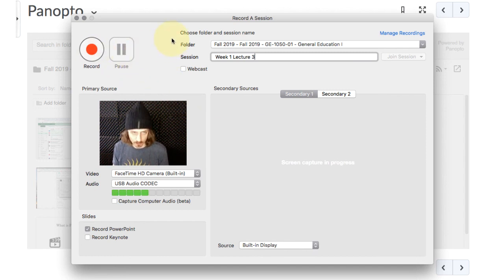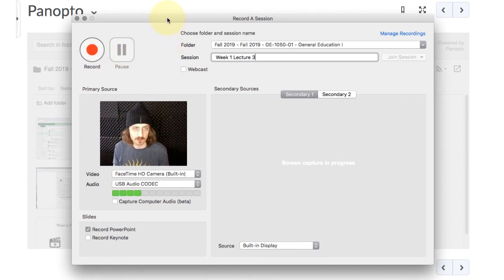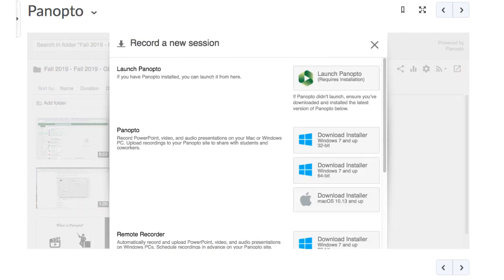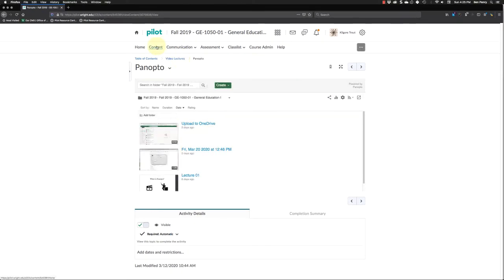Before you hit record, what you want to do is get all your materials ready that you're going to need to use for your presentation. Just as if you were going into the classroom to lecture to your students, you want to get all your materials ready in advance. So I'll minimize this, and I can navigate in Pilot